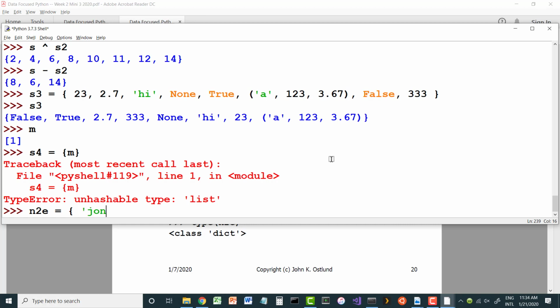So if I have John as somebody's name, then perhaps this person's email is jkostland@gmail.com. Okay, so there's one item in my dictionary, and then I'm going to have Al is another item in my dictionary, and Al's email address is